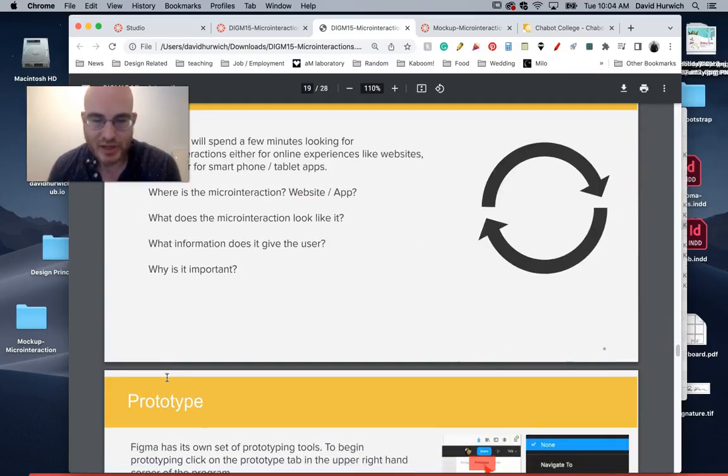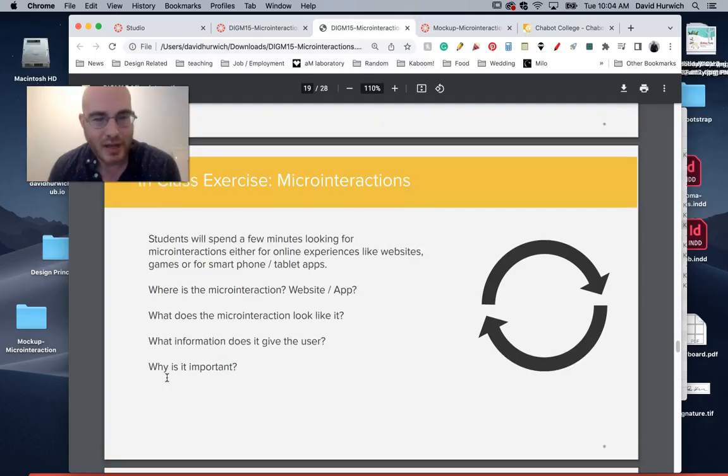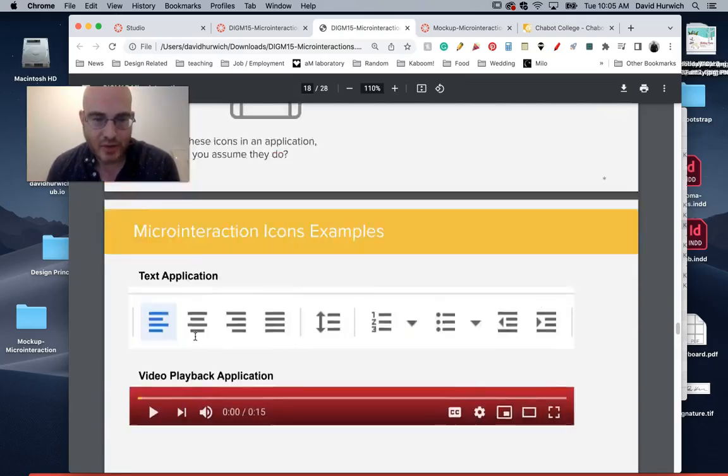So what I would recommend you do is spend a couple of minutes and look for some microinteractions on some applications. This could be an application like Photoshop, Illustrator, or Figma. You can open up your phone and look for applications to play around with, like maybe Nextdoor or TikTok or whatever. But think about what the microinteraction is. What does it look like in terms of its icon? I'm assuming a lot of them are going to be icons and not written out as literal text. And then think about